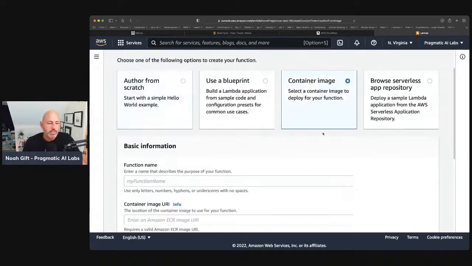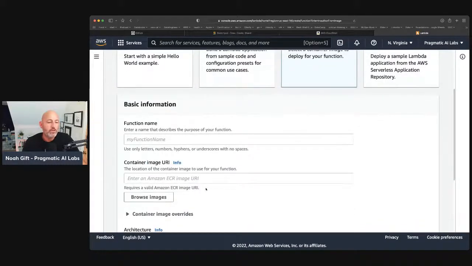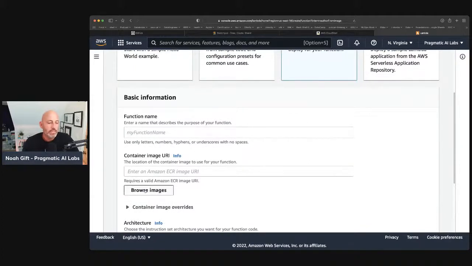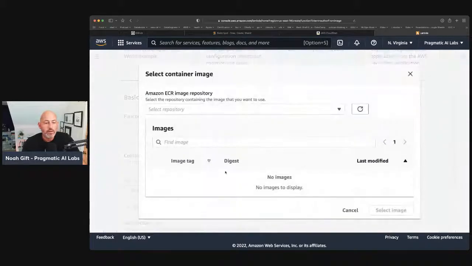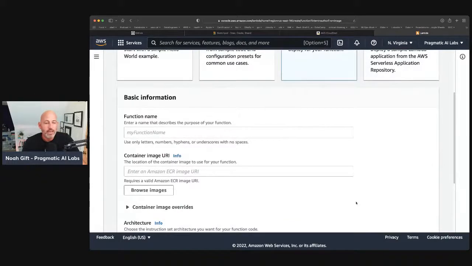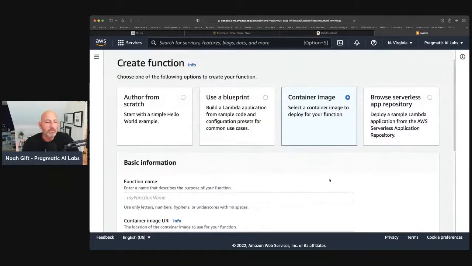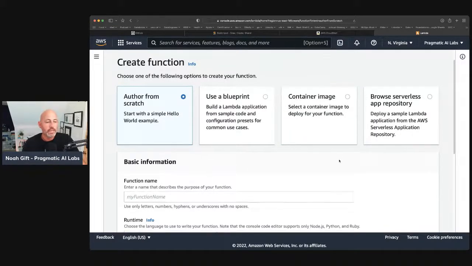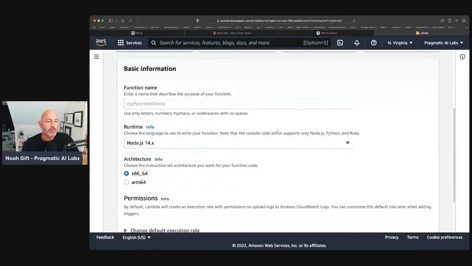Now, the container image is kind of a cool one because it allows you to, for example, browse images that are in your Amazon container registry. So if we go here and we browse, I could go through here and find some previous image and just deploy that image. And that is actually pretty nice for somebody who has embraced containers. There's also author from scratch here, which is, start with a hello world example. And in particular, I think Python is probably the best one. And one of the ones that I like to build is an add function. And so I'm going to go through here and say add,